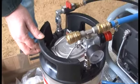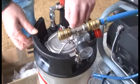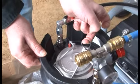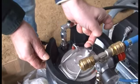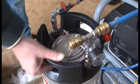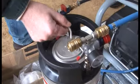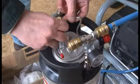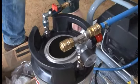Okay, once again, how do you get liquid into the container? First you check if there's no pressure in the container, and you check this by pulling out this handle. And if there is pressure, it will be released through the little holes. If you feel there's no pressure anymore, you put it down again. And this lid can only be opened like this when there is no pressure in the system. You open like this, you push it down, you turn 90 degrees and you get it out like this. And then you add the liquid into the...